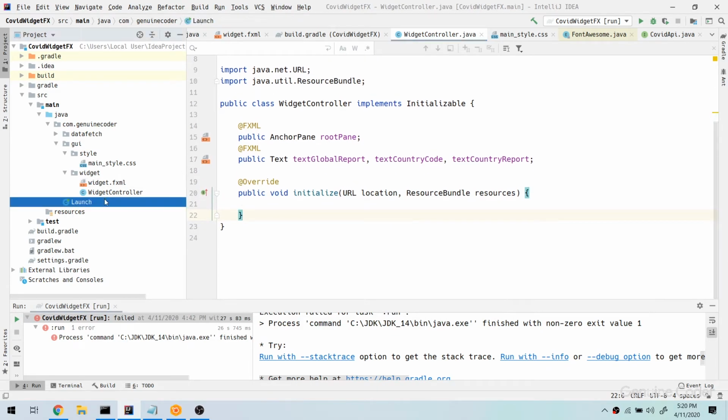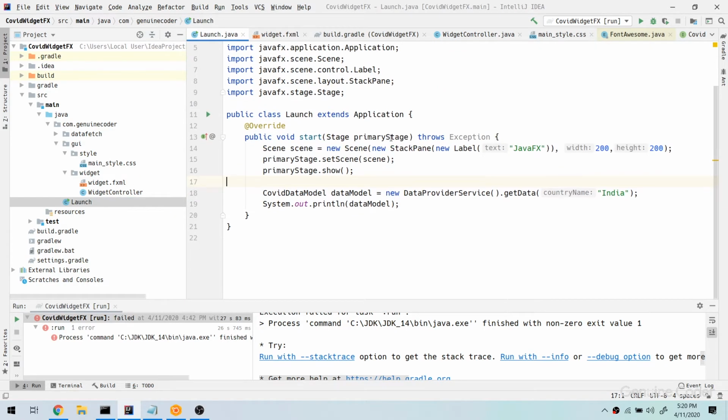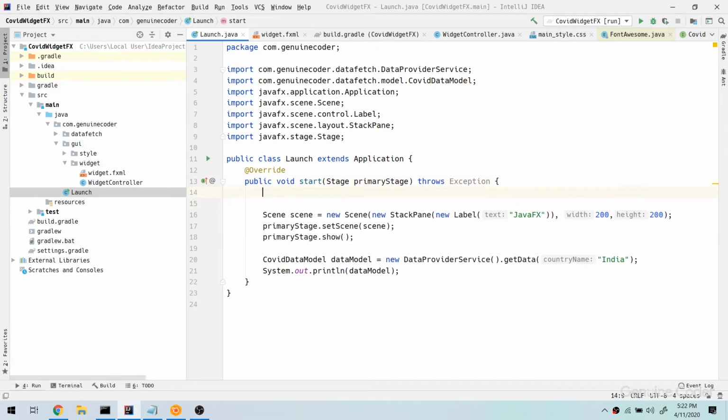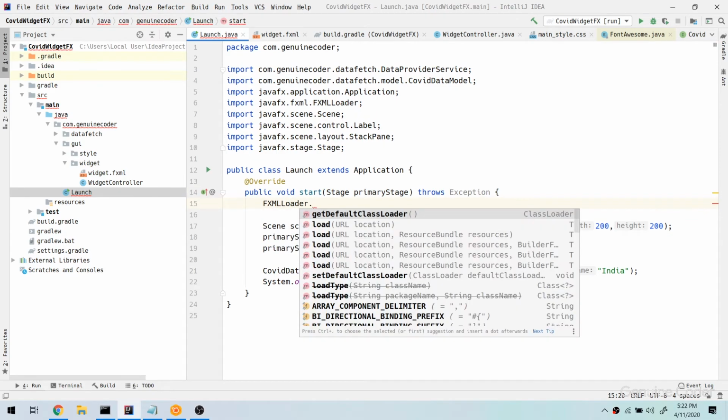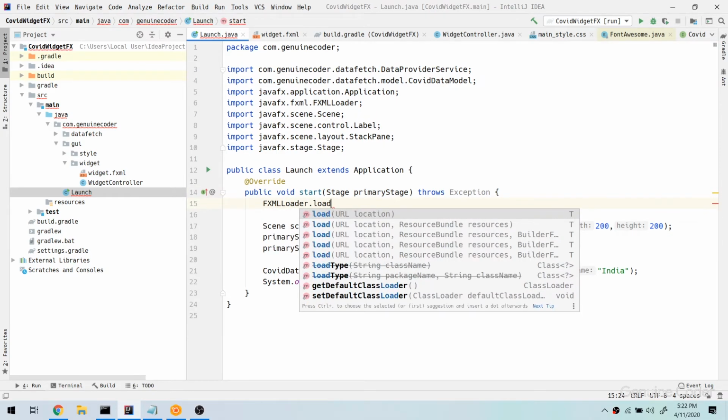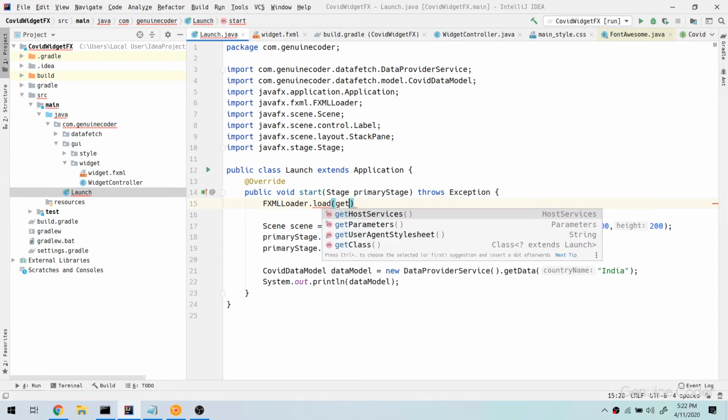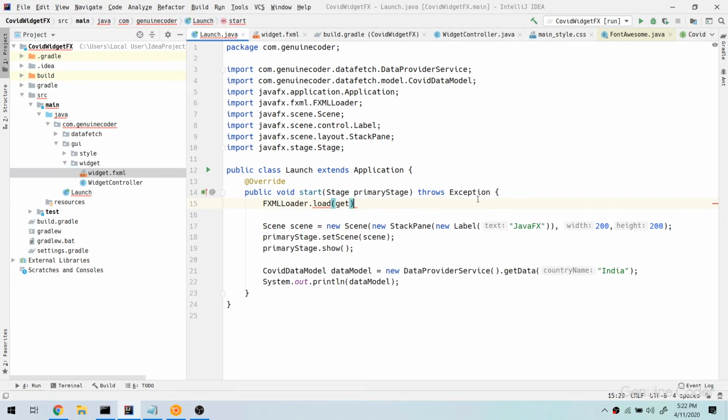Now the next step is to come back to our launch class and make this widget.fxml loaded automatically. So let's see how we can do that. To load the fxml, let us make use of FXMLLoader from JavaFX. So FXMLLoader.load, and here we have to give the widget.fxml. So for that, we have to specify getClass, getResource, and we are getting the fxml as a stream. So /com/genuine coder